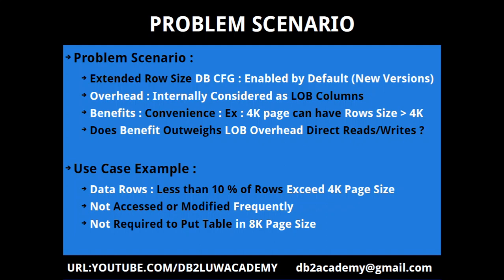In terms of extent IO, it will cost you 256 kilobytes, right? 256K. Whereas if it is 4K, it will cost you only 128K. And a major portion of the data reads or writes are happening on the 4K rows, right? They are not happening on the row size which are having 8K. So in that scenario, definitely it makes sense to use this feature.